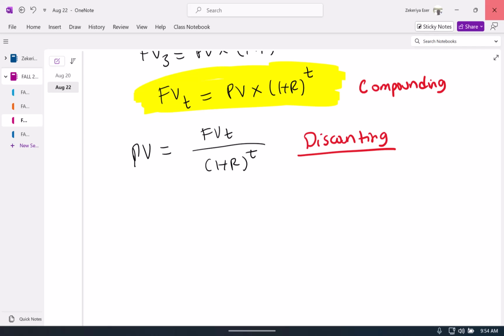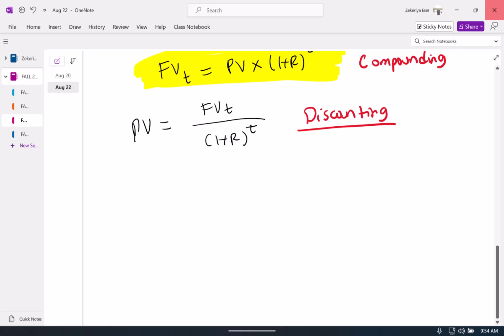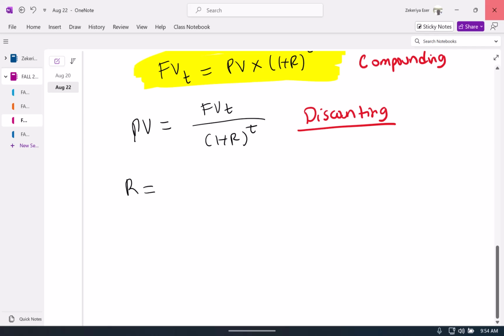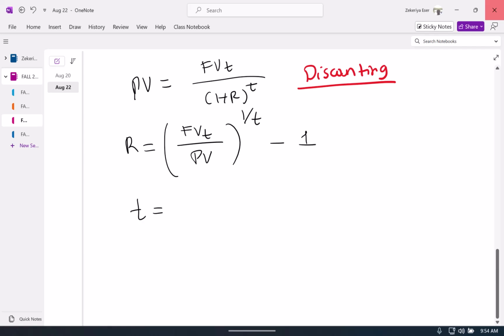It has four quantities: T, how long the time period is; R, the rate of return or interest rate; present value; and the future value. If you know any three of them, you could solve for the fourth one. In fact, for this simple case, we could, for example, solve for R, or we could solve for T,